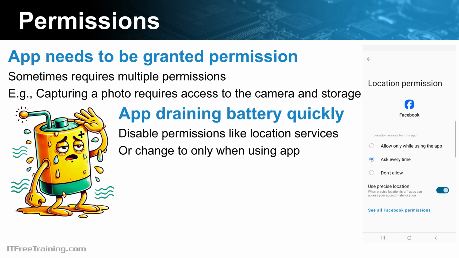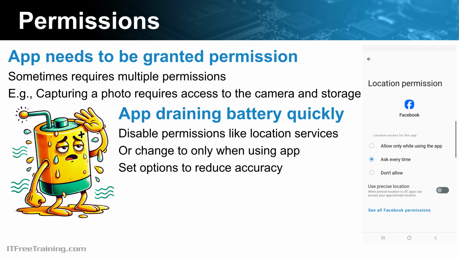At the bottom of the screen, notice the option for Use Precise Location. When I disable this, the app will only have an approximate location of the device. When this option is enabled, the mobile device increases the accuracy of location services. This causes more drain on the power and also uses other services, such as data services, to assist getting a